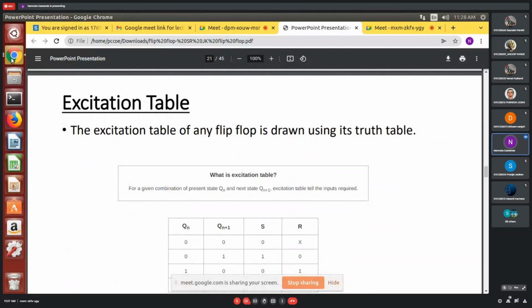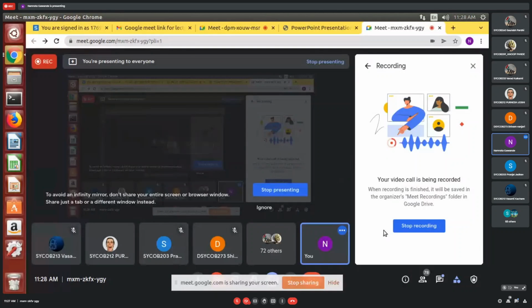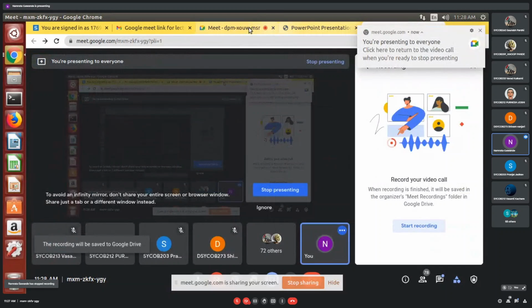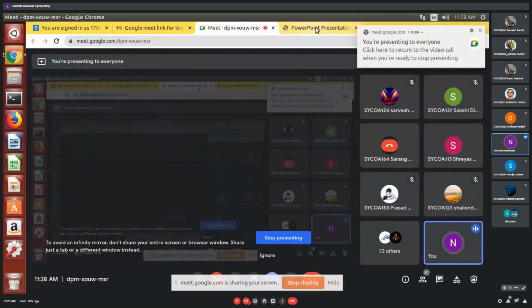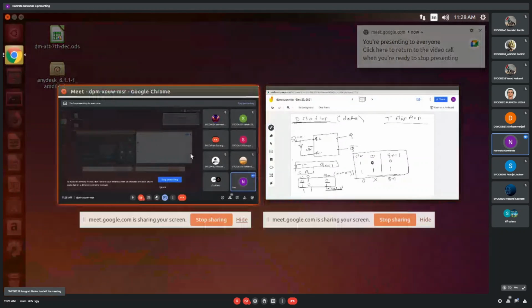We'll start with the next point. Okay students, is there any doubt till this point? You just go through this part. This is very important to understand the next part, that is registers and counters. For registers and counters, you will require the concept of flip-flop. So again and again I'm saying, go through this complete part that we have covered yesterday and today.